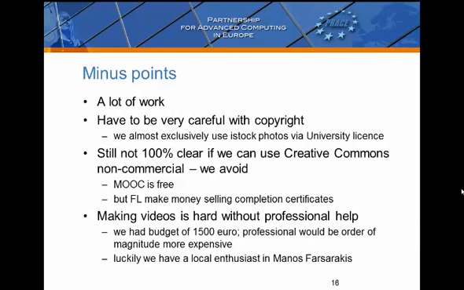To be honest, given this is the first time we've ever run a MOOC, I think paying a lot of money for very professional production might have been a mistake, because who knows if you're going to carry on using the material. So I think we've got a good compromise here, where we've got good quality material which is usable, and if we wanted to take the MOOC forward, we could decide to re-record some things in a different way, or do more videos or something. But it is quite difficult without professional help.